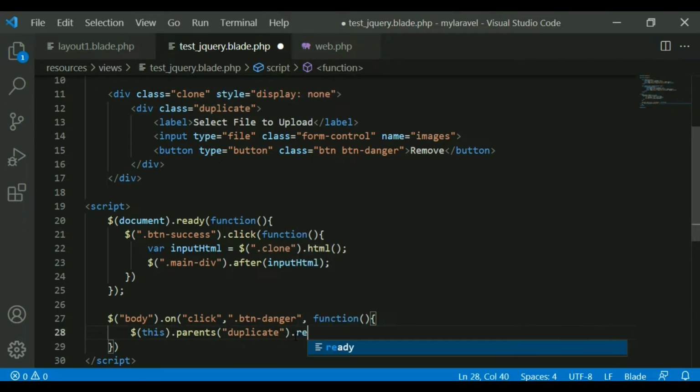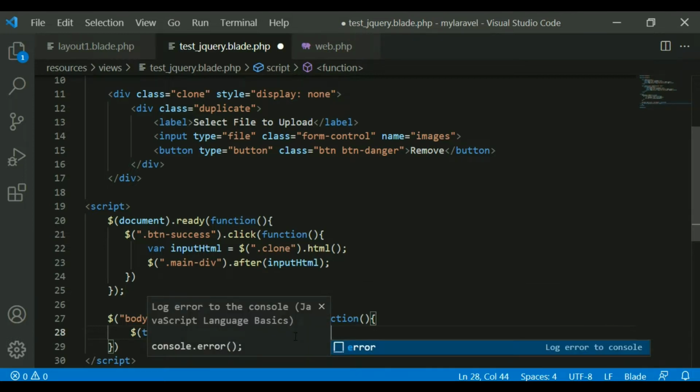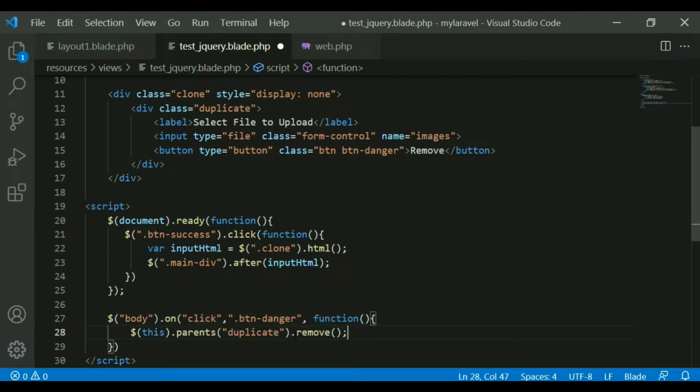So just try to remove. The remove function is to remove a particular HTML item from the DOM. So this is how we can write. So when I click on this button, this means this button having the parent duplicate, and remove it.